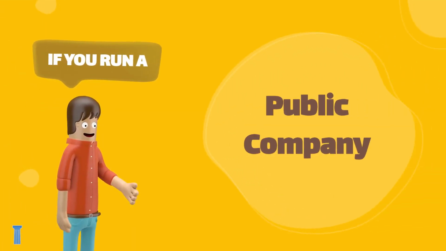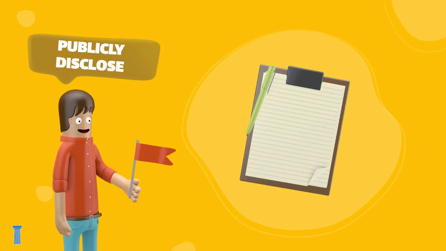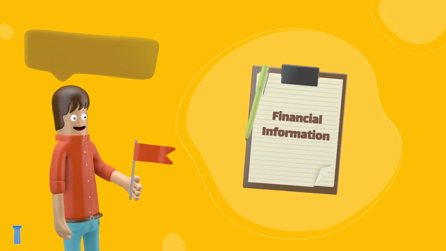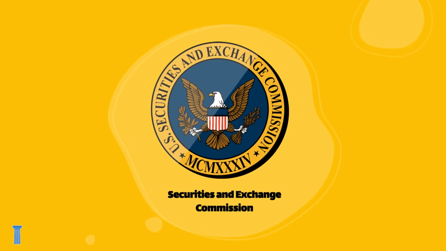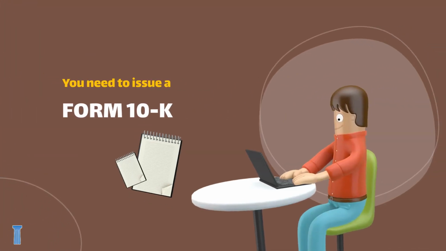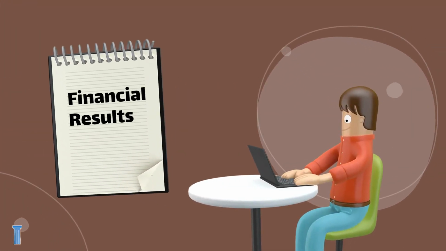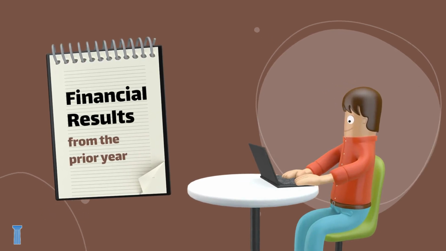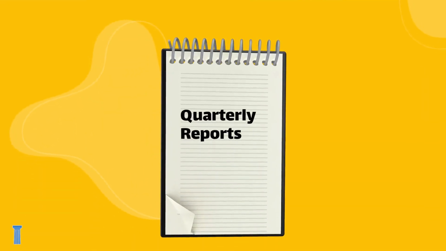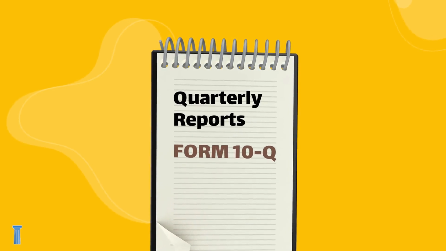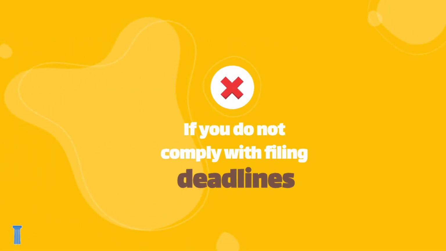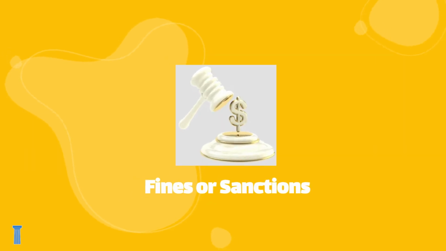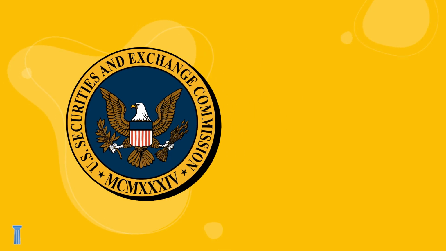If you run a public company, you are required to publicly disclose financial information on a regular basis to the Securities and Exchange Commission. You need to issue a Form 10-K annually, which includes financial results from the prior year. Then, you will need to issue quarterly reports on Form 10-Q once per quarter. If you do not comply with filing deadlines, you could face fines or sanctions from the SEC and delisting from